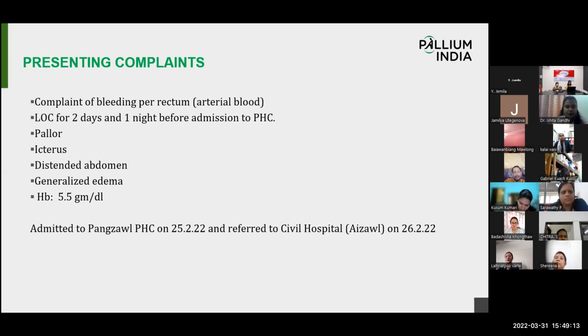He was having pallor, icterus, distended abdomen, generalized edema, and hemoglobin was 5.5. He was admitted to Pangzol PHC, which is about 4.5 hours drive from Aizawl, and was referred to Civil Hospital Aizawl on 26 February